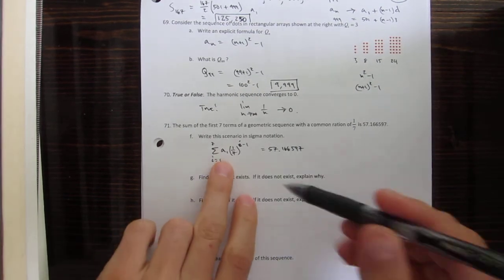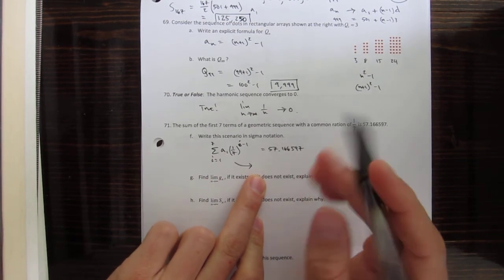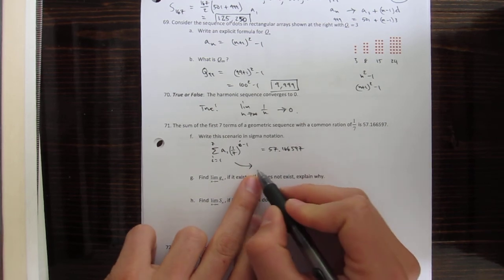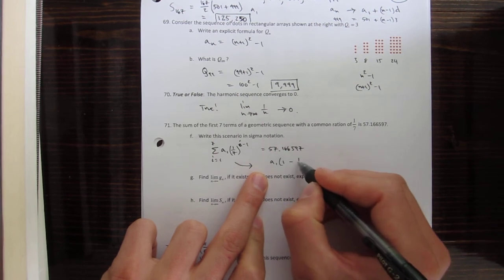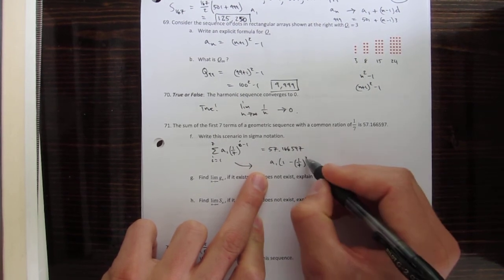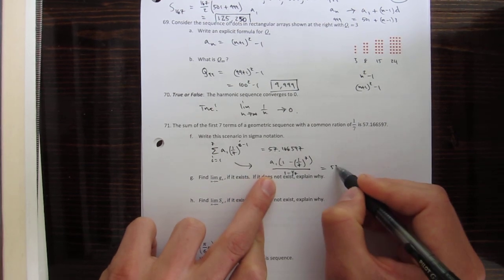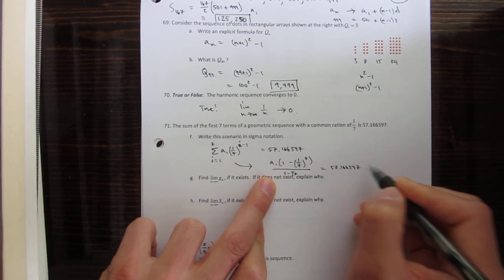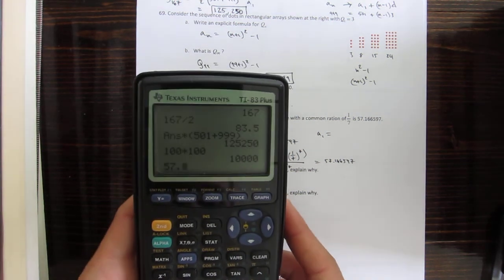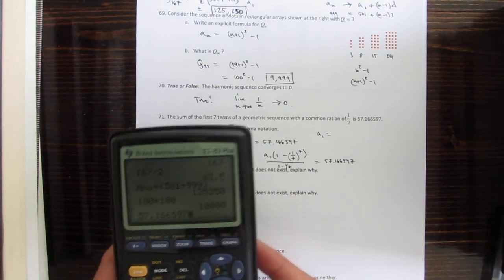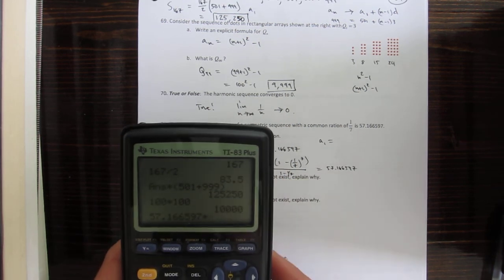So I need to find a sub 1 first. I remember that this thing has a formula which tells me that it should be equal to, okay, let's see, I've got to remember this. It should be equal to a sub 1 times (1 minus r to the 7th), all divided by (1 minus r), and that should be equal to 57.166597. So if I solve this for a sub 1, I should do 57.166597 times (1 minus 1/7, which is 6/7). So times 7,